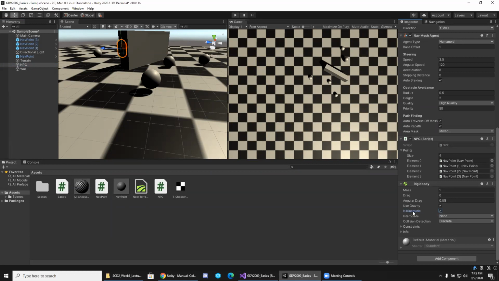So that can come in really handy, especially if you have multiple agents when they push into each other. If you don't have is kinematic, the physics system will actually be applying impulses and momentums to them. So when they're not colliding with anything, they may end up just floating off into the level or having some odd behavior because the rigid body would be fighting with our nav mesh agent that's trying to get it to move. So now with the rigid body,